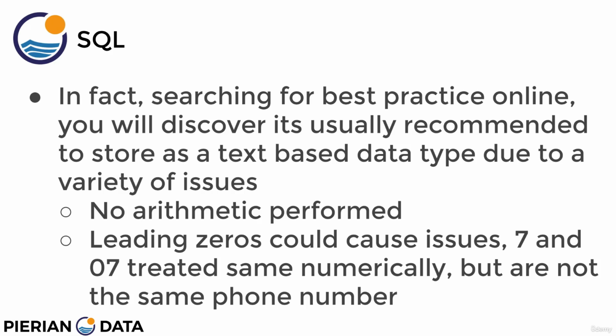And also things to be careful of is, especially when it comes to country codes, that leading zeros could cause issues. When it comes to numerics, 7 and 07 can often be treated the same. However, they're definitely not the same when it comes to a phone number. So if you Google search just best practice phone number PostgreSQL, you would discover that pretty much everybody recommends to store it as a text-based data type